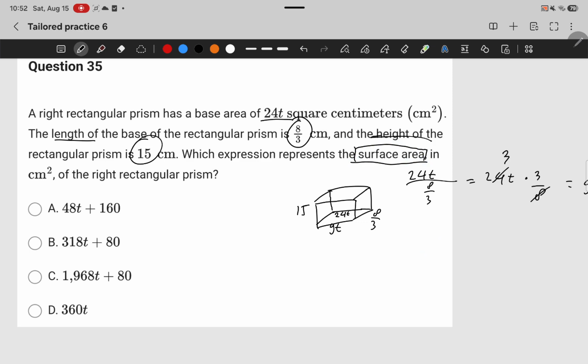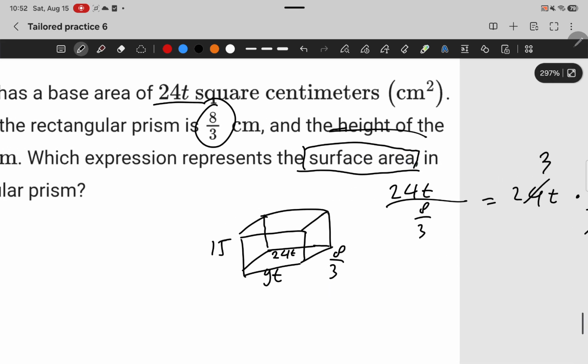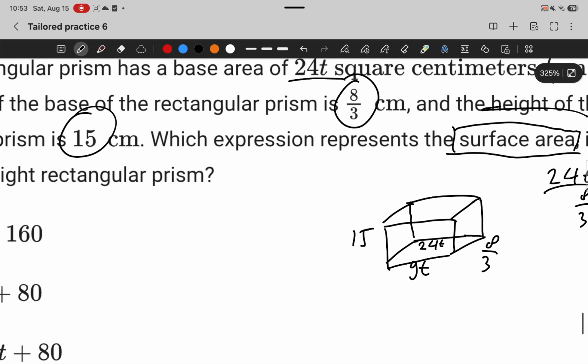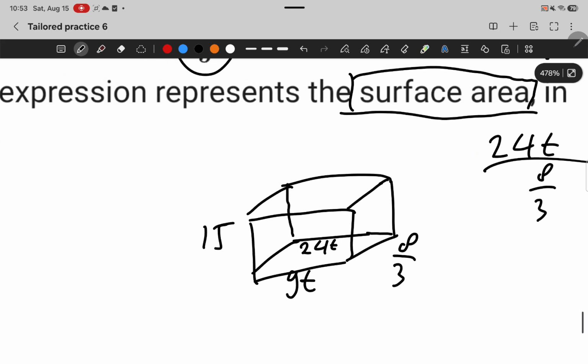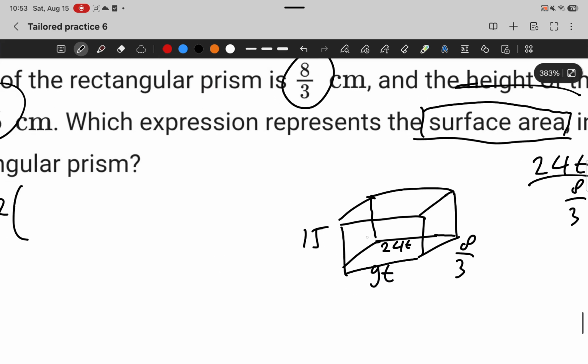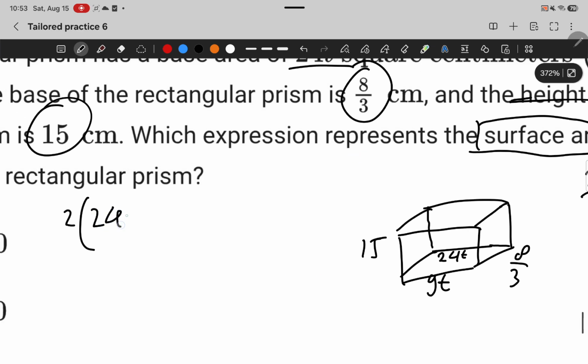So we're just gonna calculate all of the areas of the rectangles here. This prism consists of 6 different rectangles, with 3 types of rectangles. So each type consists of 2 similar rectangles. So the first rectangle will be the base. I'll just write it as a whole